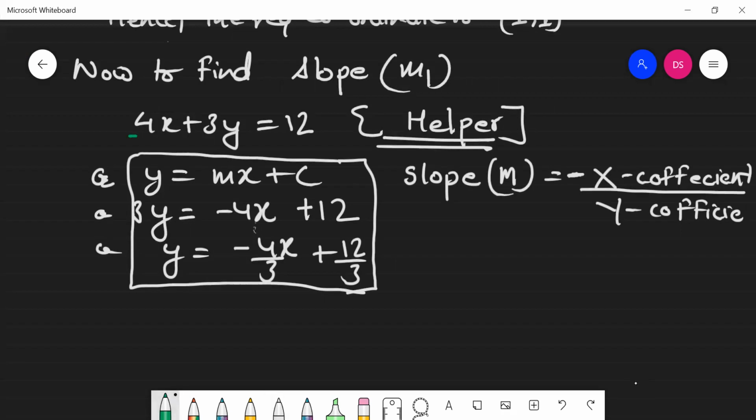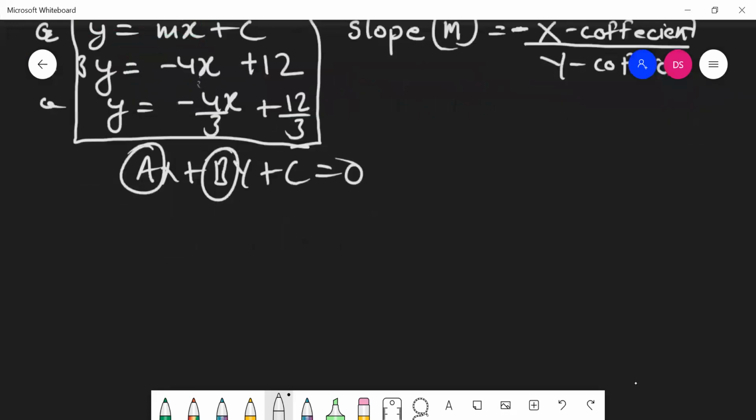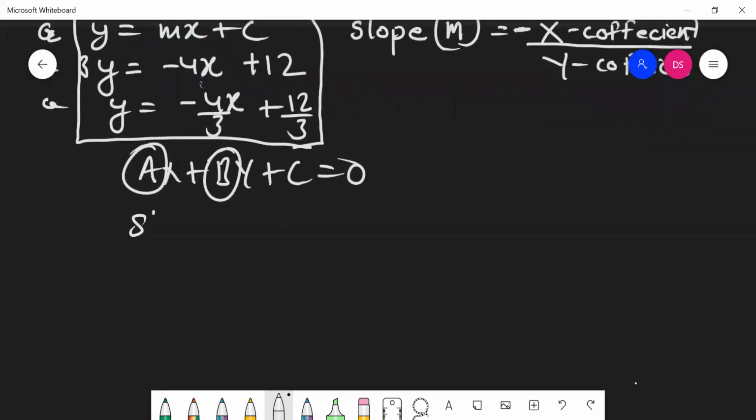You can see this x and y are on the left side only. And actually 12 also should be brought in; this is the format. Let me tell you, this is ax plus by plus c equals 0. This is the format, where a is the x coefficient and b is the y coefficient. That means our slope m is going to be